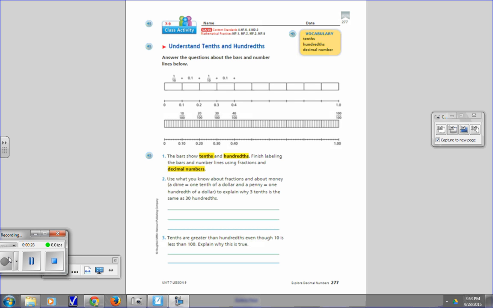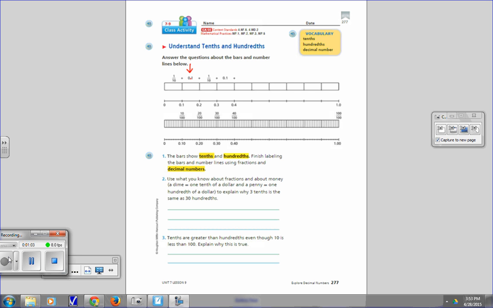When working with decimal numbers that are less than 1, the first thing I want you to see is that we usually write a 0 in front of the decimal point because it's easy to not see that decimal. So we want a clear-cut way to say, oh, hey, there's a decimal point there. We put the 0 in front of the decimal point so that we don't misread things. In case you were wondering about that 0 in front of the decimal, it is important, and it's part of the